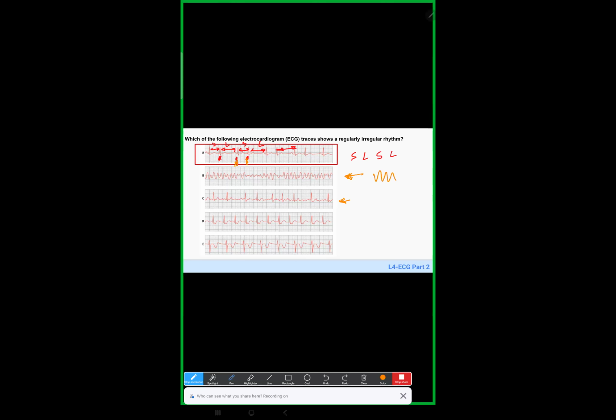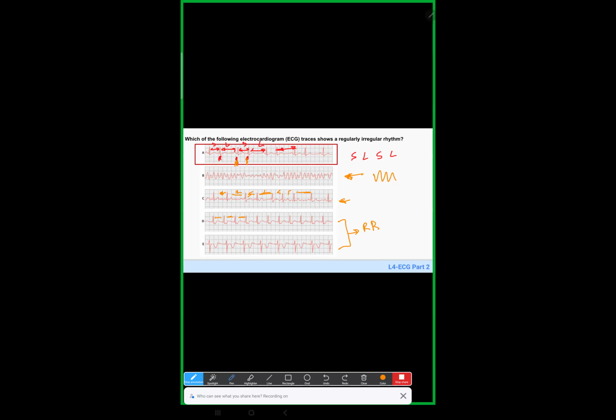C, we would say it's irregularly irregular because you can see there's no pattern between the RRs. Like this one is somewhat medium size, this one's long, this one's short, this one's long, this one's short, this is short. There's no pattern between them. And the distances between the RR are always irregular. There's no fixed distance. These two are regularly regular, or they're regular irregular, because there's a fixed